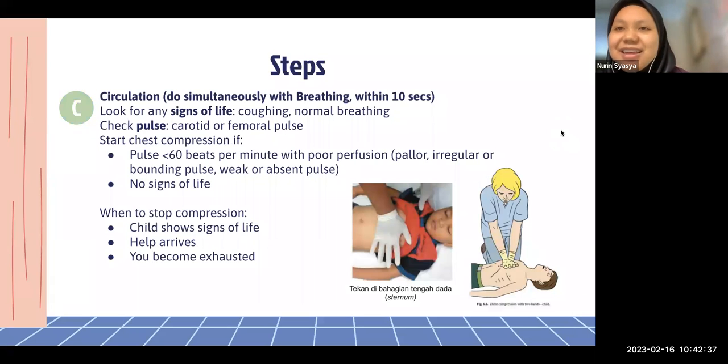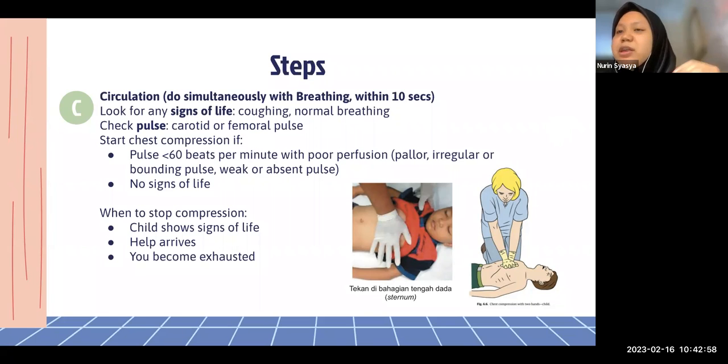And then C stands for circulation, in which we must do this simultaneously with breathing within 10 seconds. What we want to do is look for any signs of life, such as coughing, normal breathing, and then check the pulse, either from the carotid or femoral pulse. And then you may start chest compression if the pulse is less than 60 beats per minute, with poor perfusion,